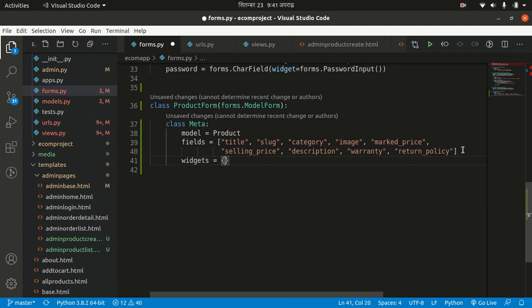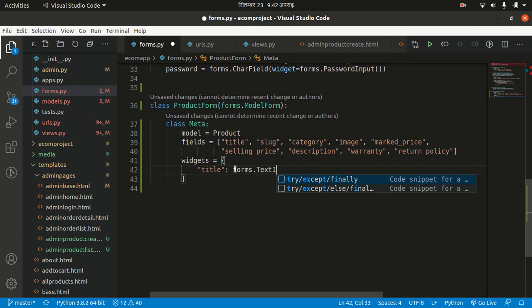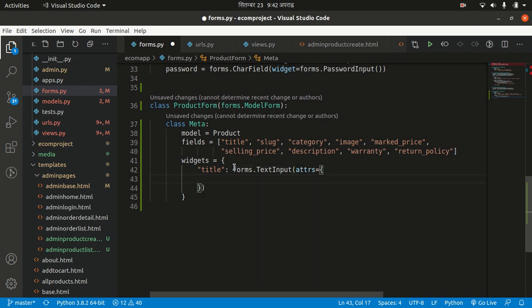Okay, so if you want to customize your form field, you can define your widgets here. Inside, I want to customize this title here. So in title, the widget of the title is forms.TextInput. Inside it you can define attributes in a dictionary. Widget should also be a dictionary. I'm defining the attributes. In the attributes you can define class attributes. I'm defining form-control